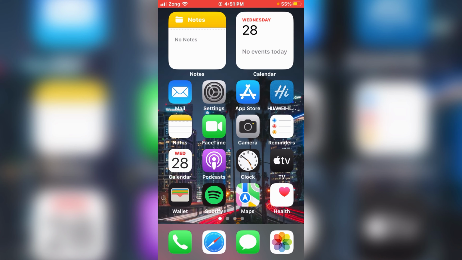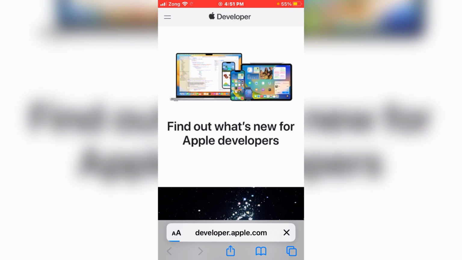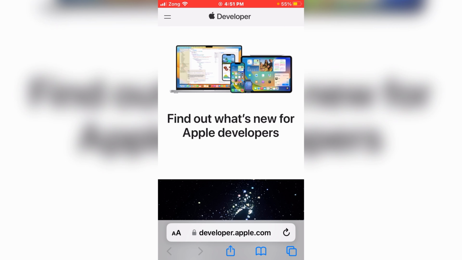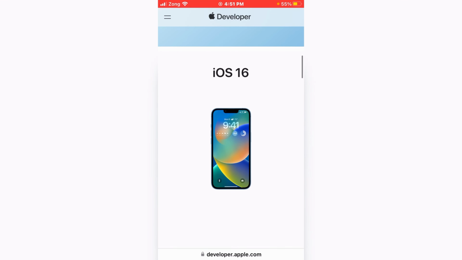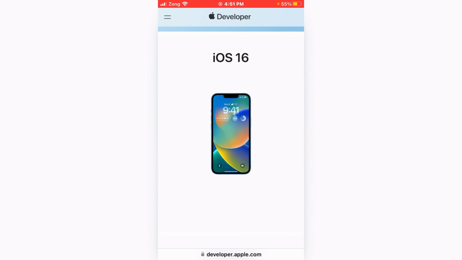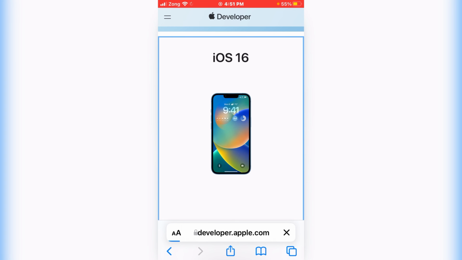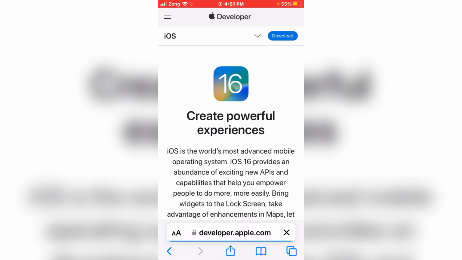So let's get started. Just go to your default Safari browser and in the search bar type here developer.apple.com. Now scroll it up. As appears on screen, you can see iOS 16. Just tap on it. At the right top, you can see a download option. Just tap on it